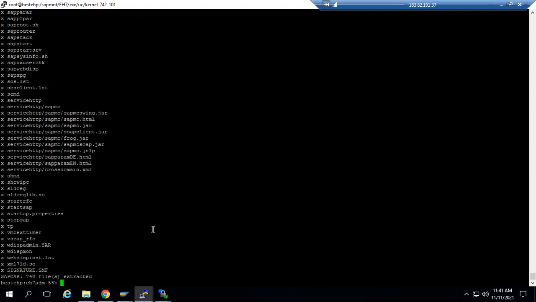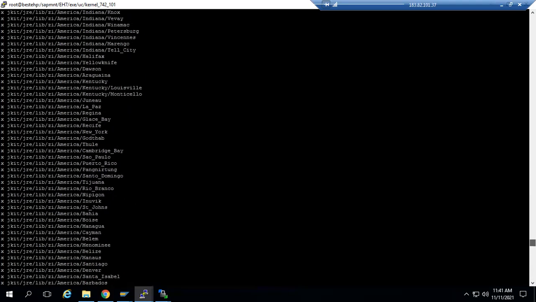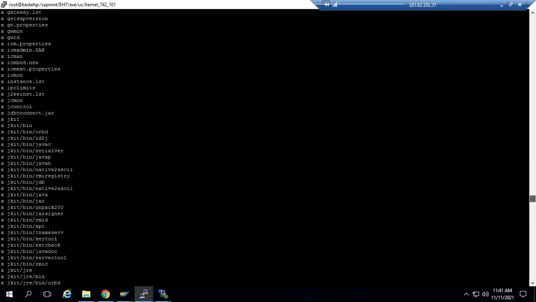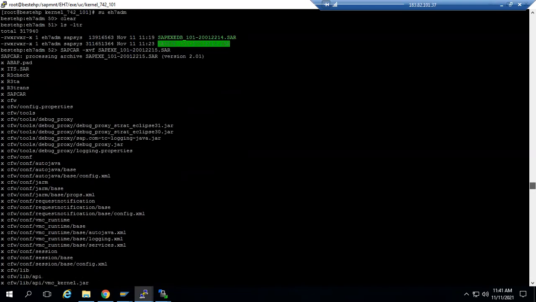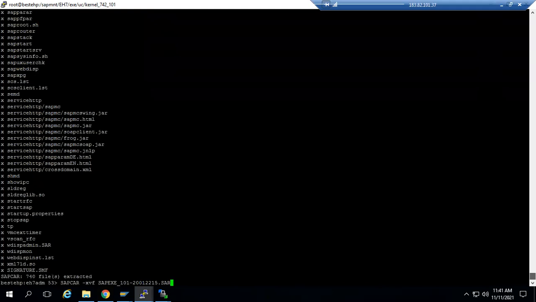Always the independent file size will be more than the dependent file. Independent file size will be more and the number of files will be more than the dependent file. Roughly you can tell in the interview around 740 files or 800 files.